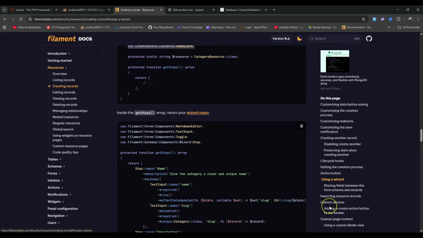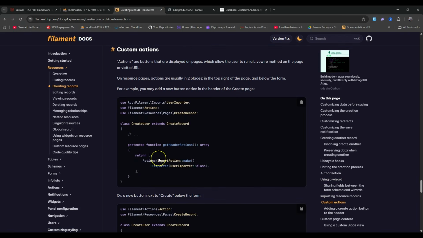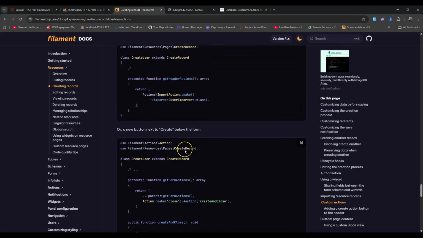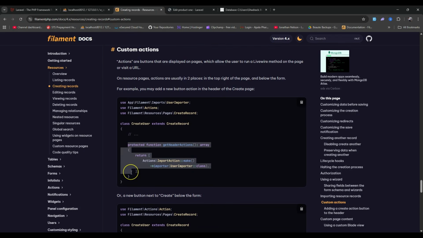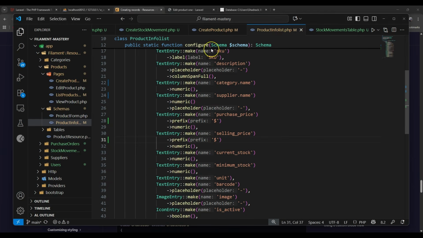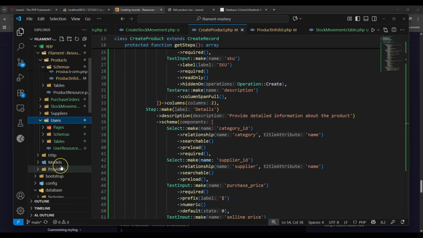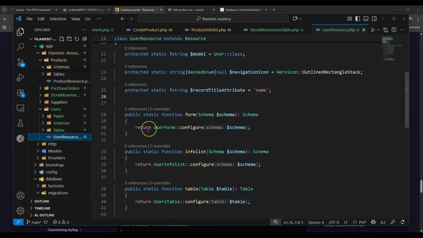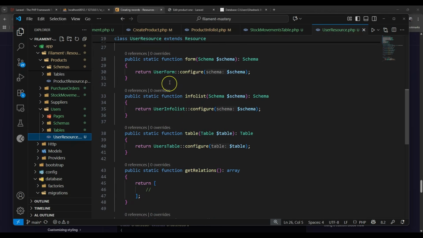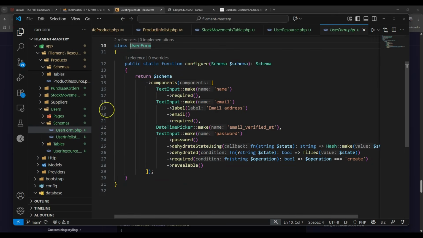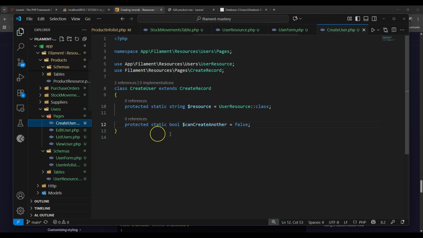The other thing that I wanted to show you is that here you can add, let's say, custom actions on your forms or the page, or on the create page actually. So for example, you can use this get header action and you can use that, let's say, on your page. For example, you want to add an action like this one. So let's say on create product, I mean, let's use it on user, for example. So let's go to the form, I mean on the create page,